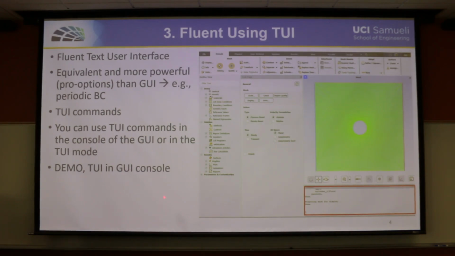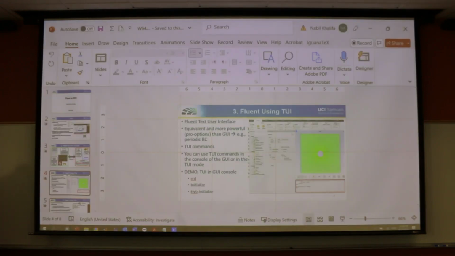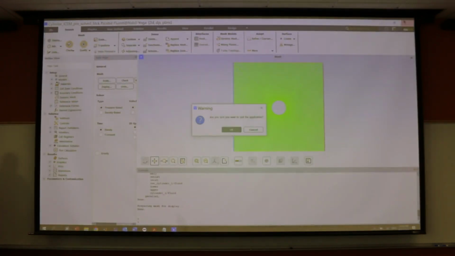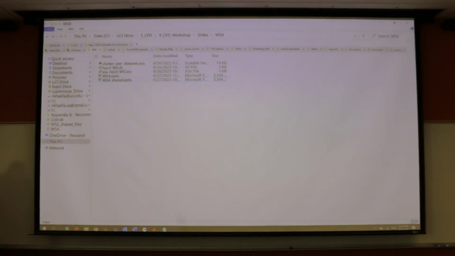And as a demonstration, because I don't want to pack all of the workshop or explanation at the end of the session, I will open Fluent now with you in a graphical user interface. I will try a couple of commands in the console window, and we will see what Fluent can do and reply to us, okay? So what I'm going to do now is close my current session of Fluent. I'll press OK, and let's go to